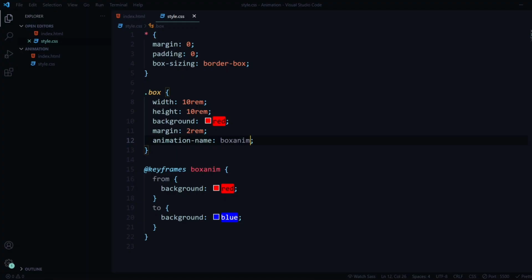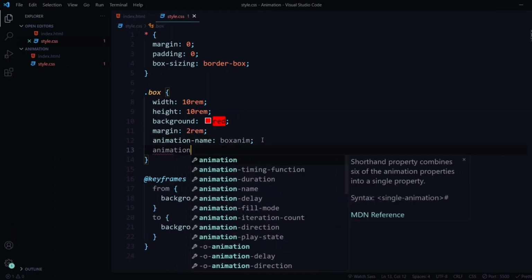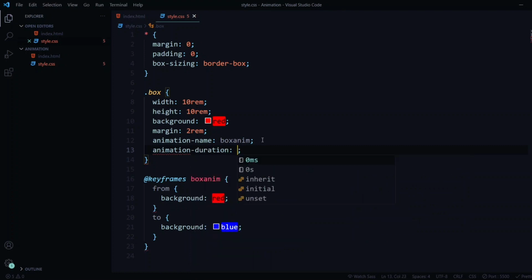So always be sure to mention this property and the value should always be given. So what I'll do over here is I'll just quickly add animation duration. You can see animation duration, I'll add 2 seconds of animation duration. Now if I go back to Chrome and refresh, you can see it changes color to blue. And again, when the animation is done, it changes back to red. Okay, so again if I refresh, again you can see it changes to blue, and then again instantly changes to red.